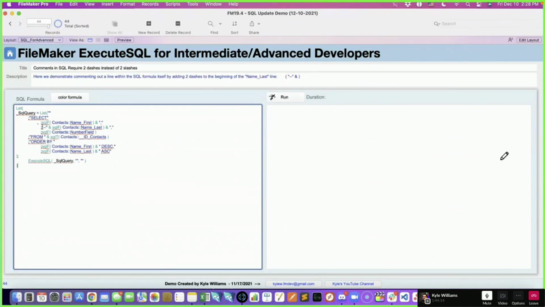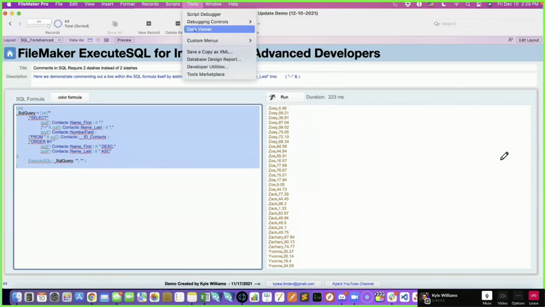So if you're creating a raw query, you can actually use 2 dashes to comment out a section. So if I run this, it is not doing the last name, and I commented that inside of the SQL formula, which is similar to doing 2 slashes like this. So that I didn't cover last week. I probably should have. If you're doing your raw SQL, 2 slashes will